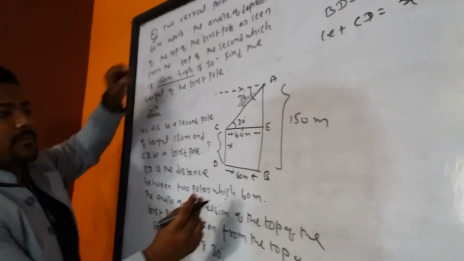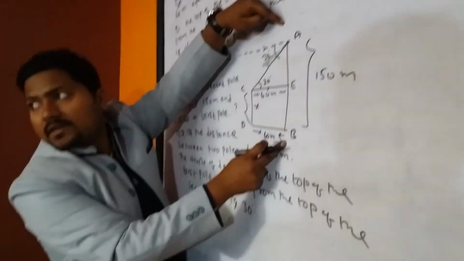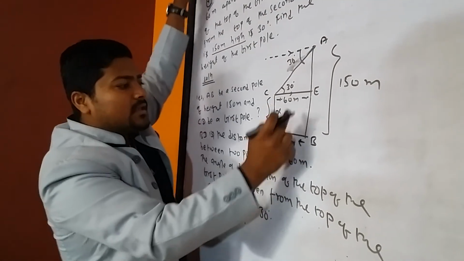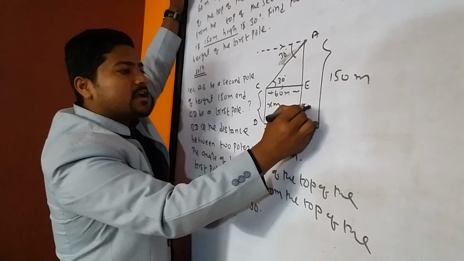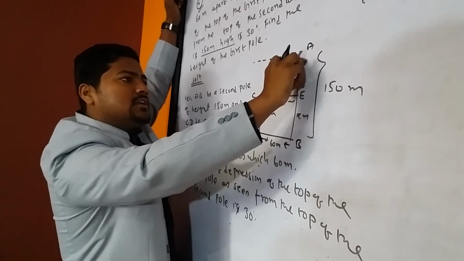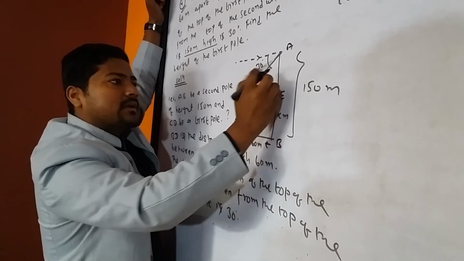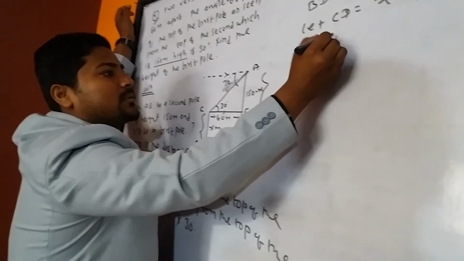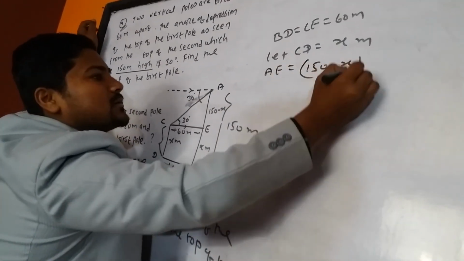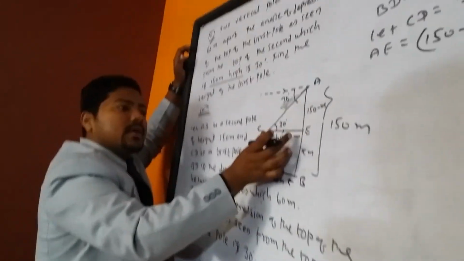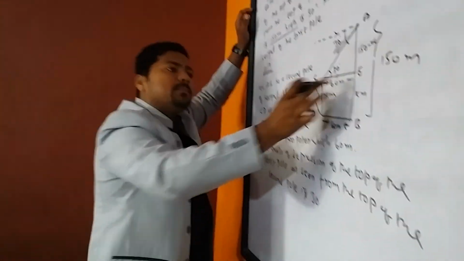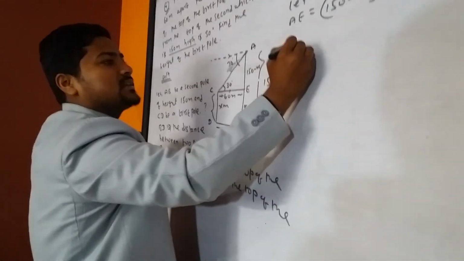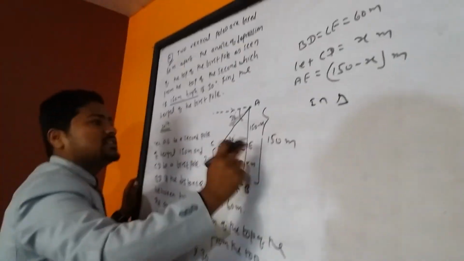Now tell me, from the total 150 meters, if you subtract EB, this is also X meters, no? Then what will come? AE equals 150 minus X meters. So here AE is given and CE is given. Now in triangle ACE we can write: